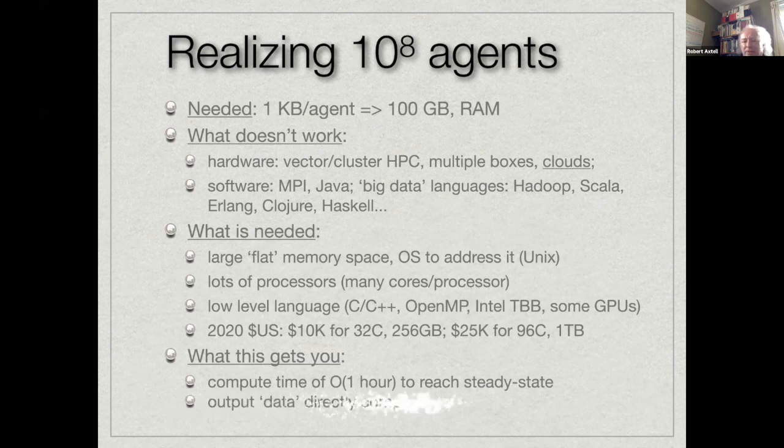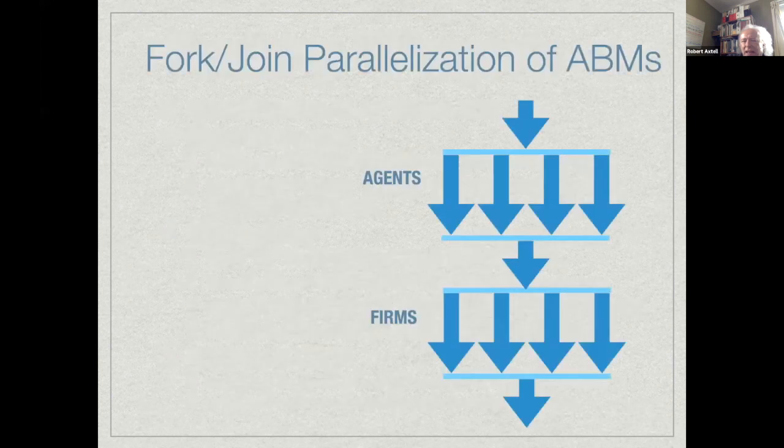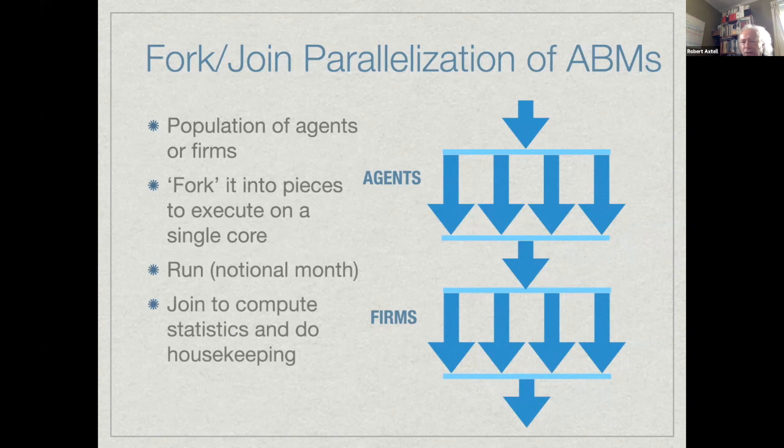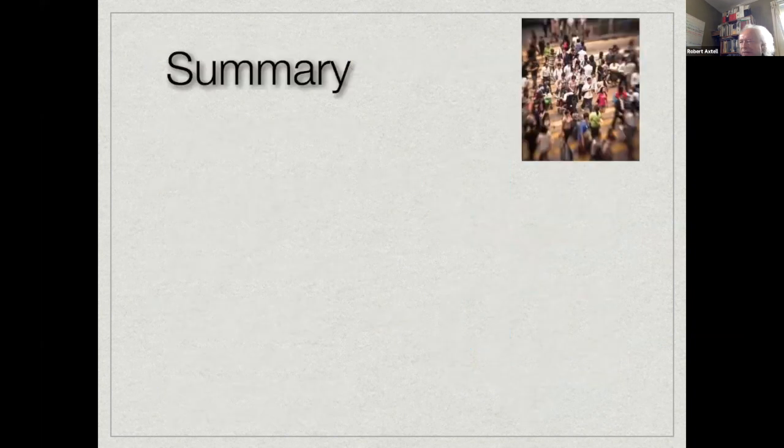And how do we do that? Well, the final slide just shows this here, that every month in this model, we have a population of agents. We let them figure out how hard they're going to work and where they're going to work, which firms, etc. And so we basically have this model that's forked for the agents. And then after the agents are situated in their firms, every firm runs and figures out how much it makes in production, and then pays its employees. So every month we do this double fork join process, and this lets us get up to 100 million agents in 45 minutes.